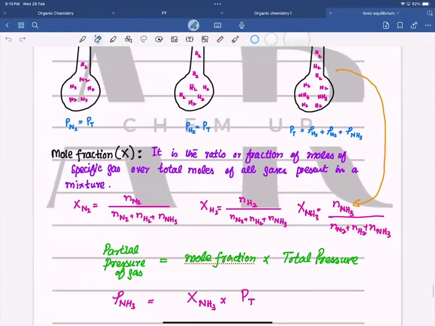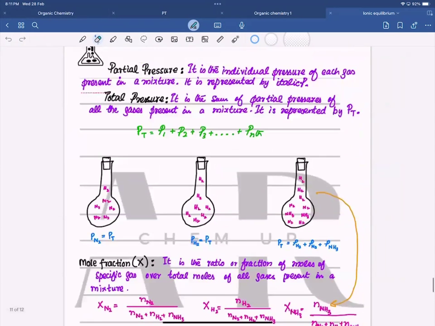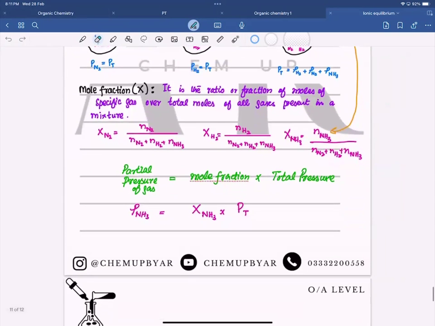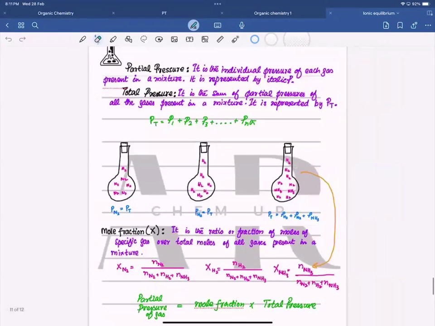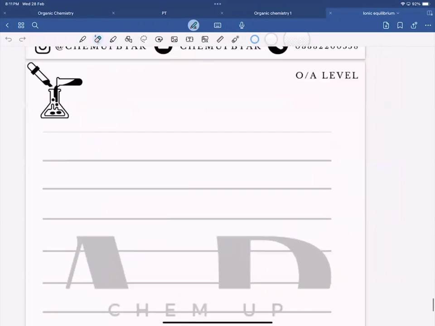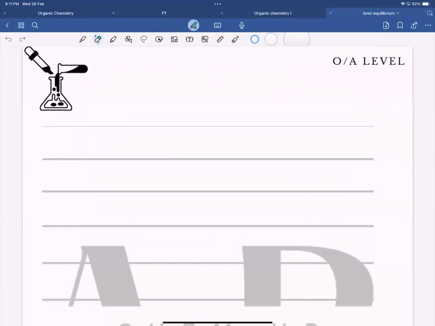Okay. So we discussed the expressions to find the mole fraction and partial pressure. How can we find these? Now, before heading towards the past paper question related to this, I just want to discuss the